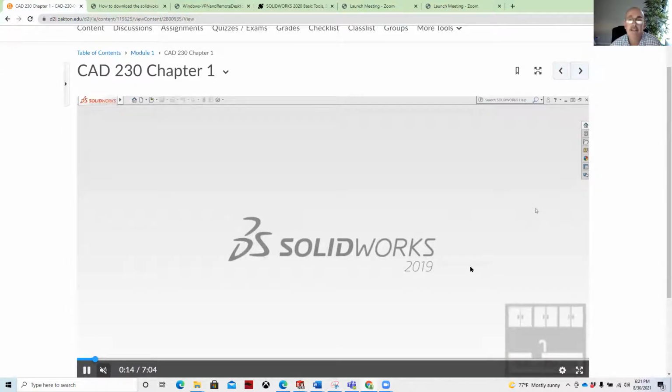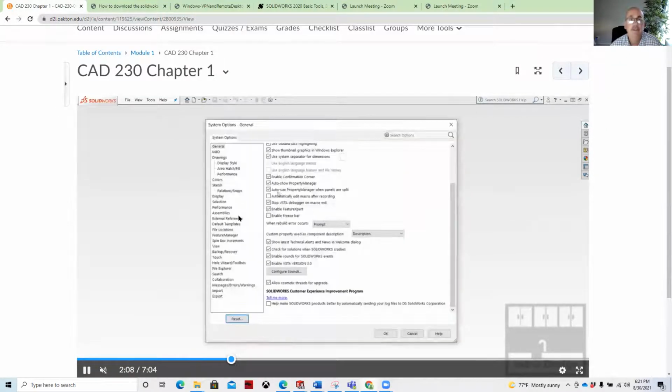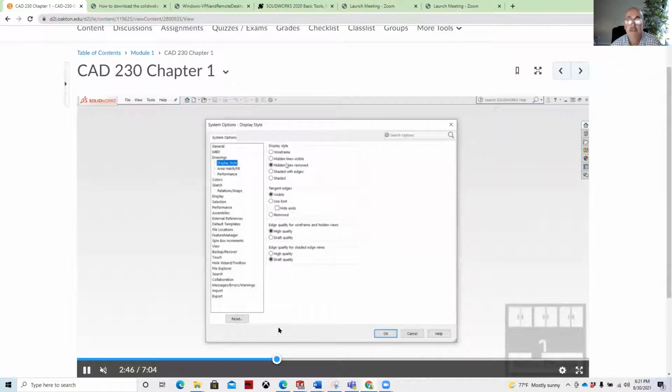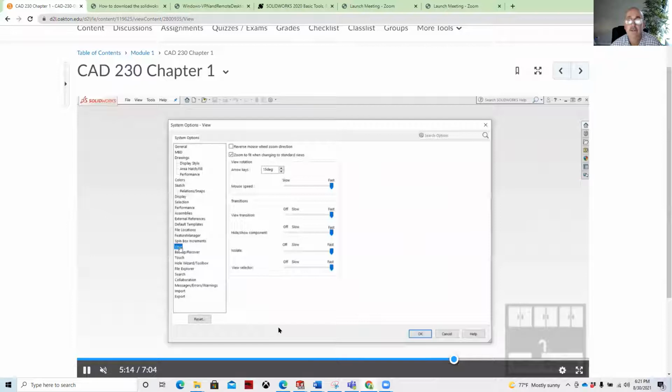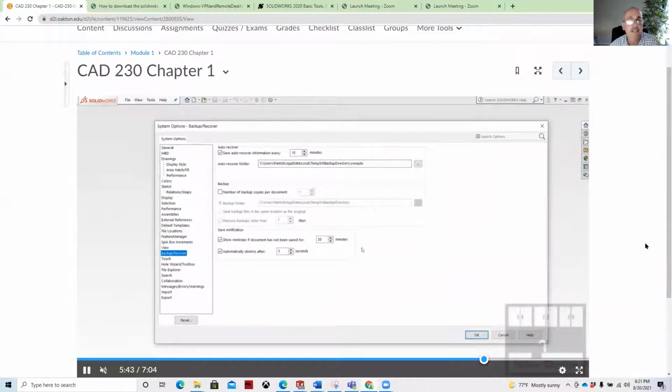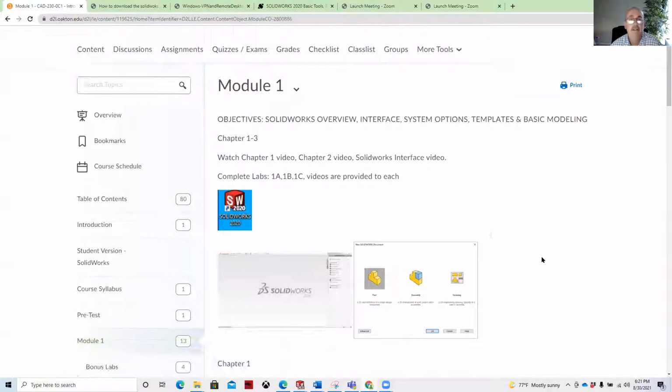And so he set these up last year, and so he does the videos. And so the videos will go through and explain the content for each of the chapters. This one goes through the general system options and the settings for those. There's not a real lot that we're going to change in the system. And then if we come back here to module 1,